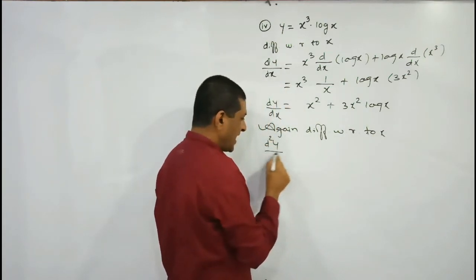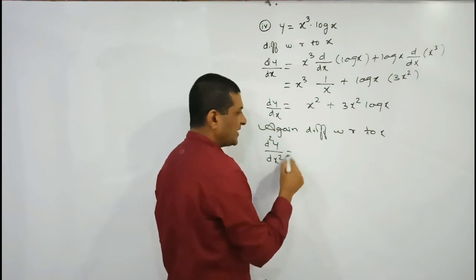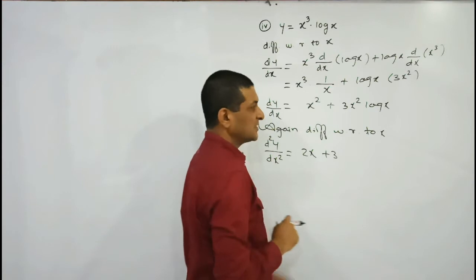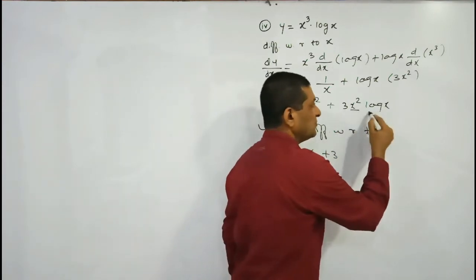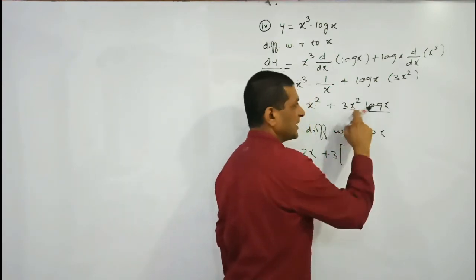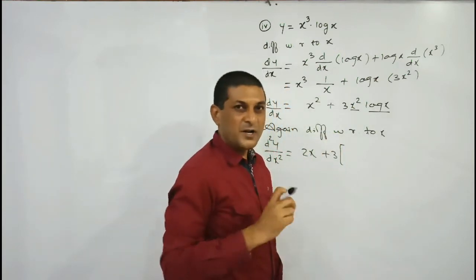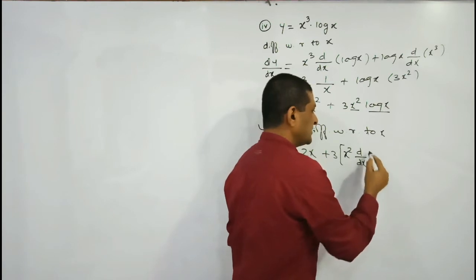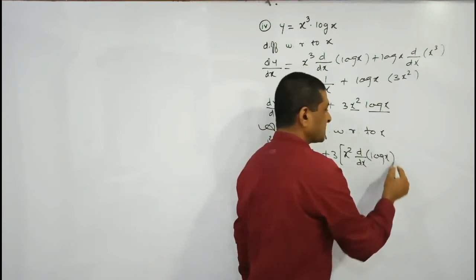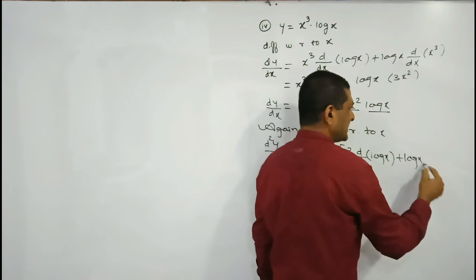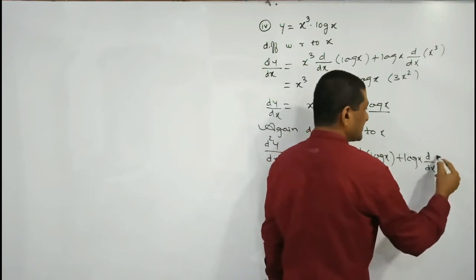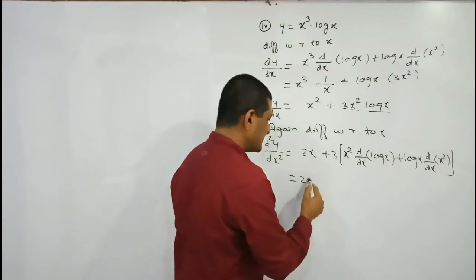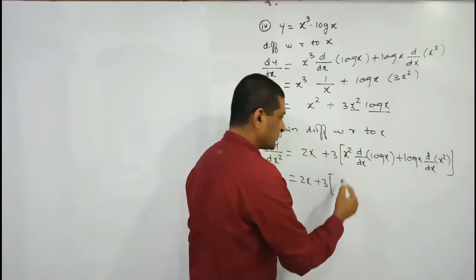So the derivative of dy by dx is d2y upon dx square. What is the derivative of x square? 2x. 3 is a constant term, keep it as it is. Here to find out the differentiation, again we have to apply the product rule, because the product of two functions is there, and according to the product rule, first term as it is, derivative of the second term, means derivative of what? Log x, plus the second term as it is, log x as it is, into the derivative of the first term, means derivative of what? x square. So which is equal to 2x as it is, plus 3 also as it is, x square also as it is.